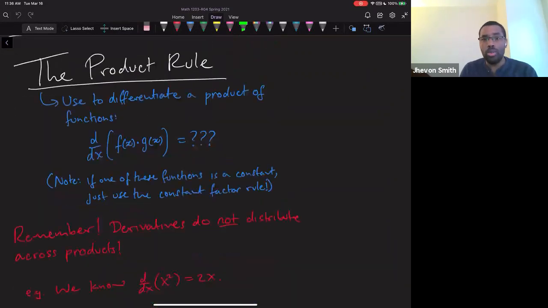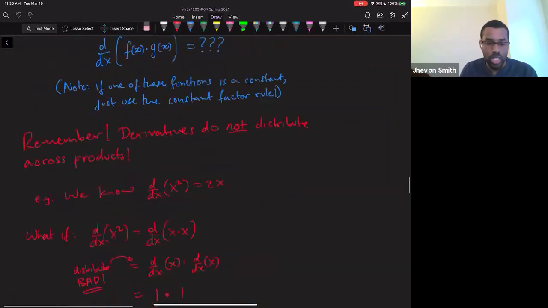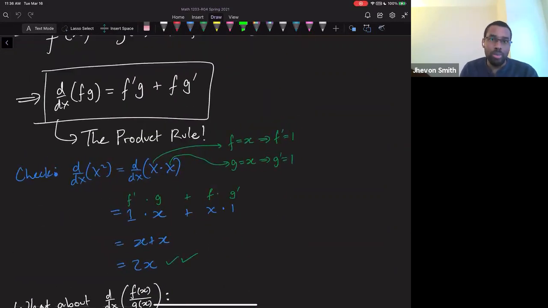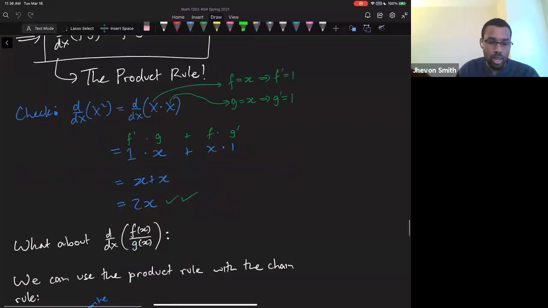We also looked at the product rule. This is how we're going to differentiate a product of functions. Like if I have a function f times a function g, the rule is differentiate one, leave the other, plus leave the first one, differentiate the second one. I would probably do it in this order all the time and memorize the rule in this order, because we